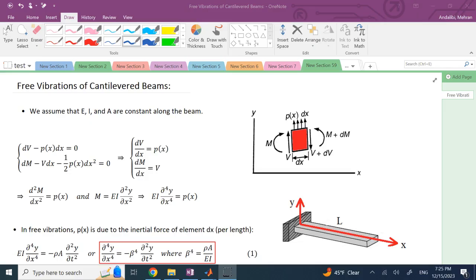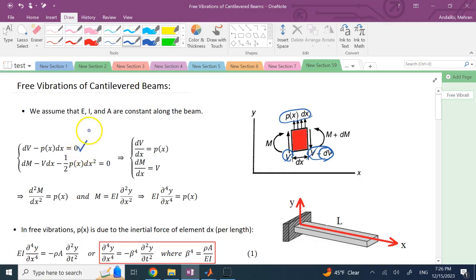And here, if we look at equilibrium in the y direction, the forces you have are Px dx and V plus dV, where basically in the upward direction, V and Px dx are added, and then V and negative dV are subtracted. So these two V's would cancel, and so this dV downward should be equal to Px dx upward, and that